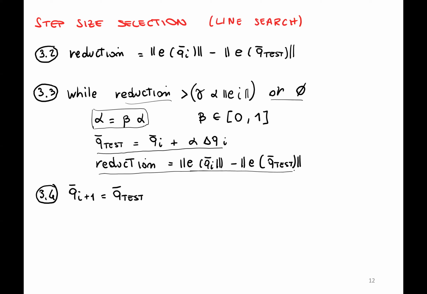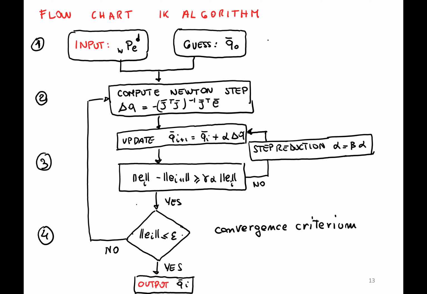And when the reduction is positive, or bigger than a factor of the error reduction in the linear case, then I accept the configuration and I continue for the next iteration. And so if you have a flowchart to describe this,